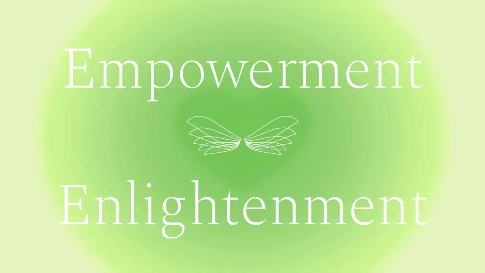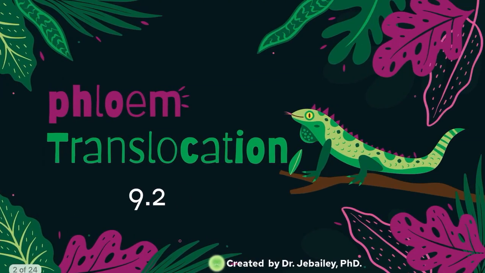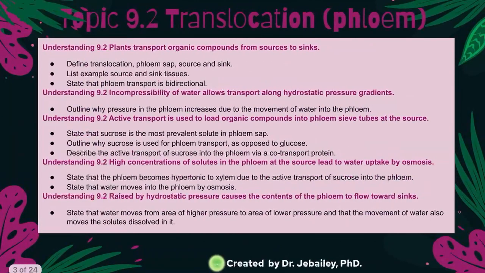Hi, this is Dr. Jabali, and in this video we're going to focus on topic 9.2, which is all about flow and translocation. Here are some of the things that we will target. We're going to talk about how organic compounds such as glucose, for example, are going from the sources to the sinks. We're going to talk about how water is so important in creating the hydrostatic pressure gradients, pushing the food